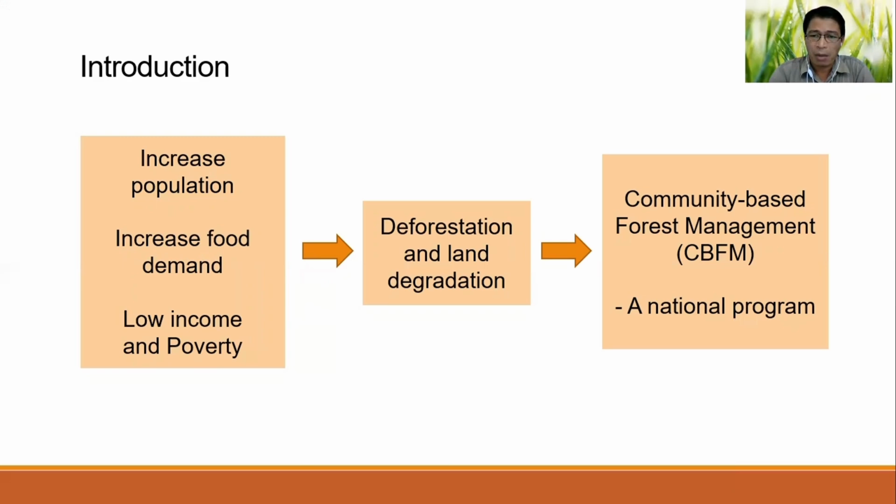This prevailing problem can be addressed through the establishment of agroforestry systems being promoted within the community-based forest management, or CBFM, areas located mostly in the uplands